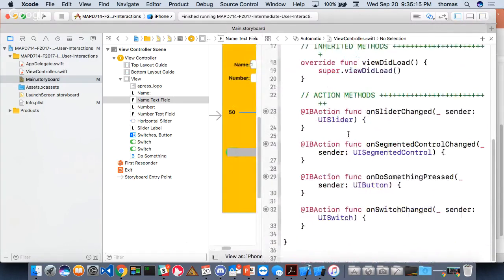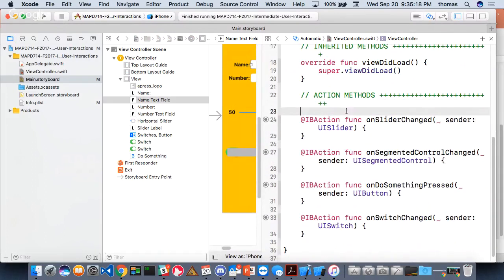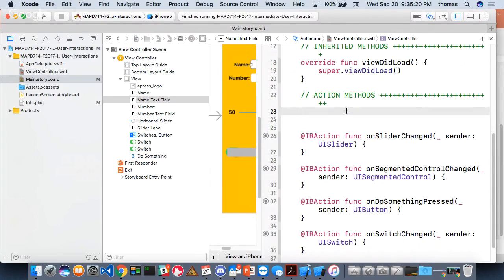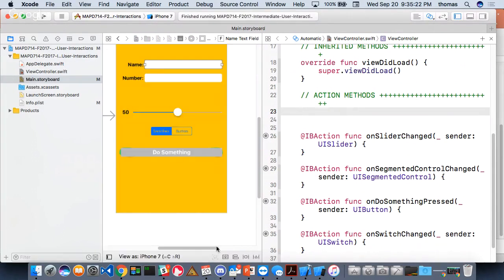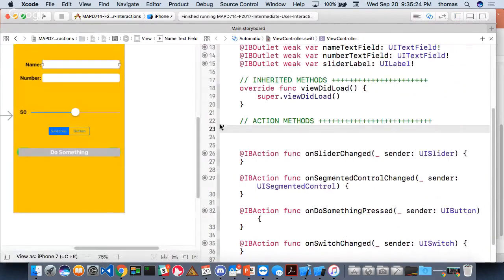I get a bunch of empty action methods, and I'm just going to give me some space below the first one. This is the first one we're dealing with right now, right? I'm going to get rid of this one. I'm going to get rid of some space here so I can see what I'm doing. And now I've got this thing here, this